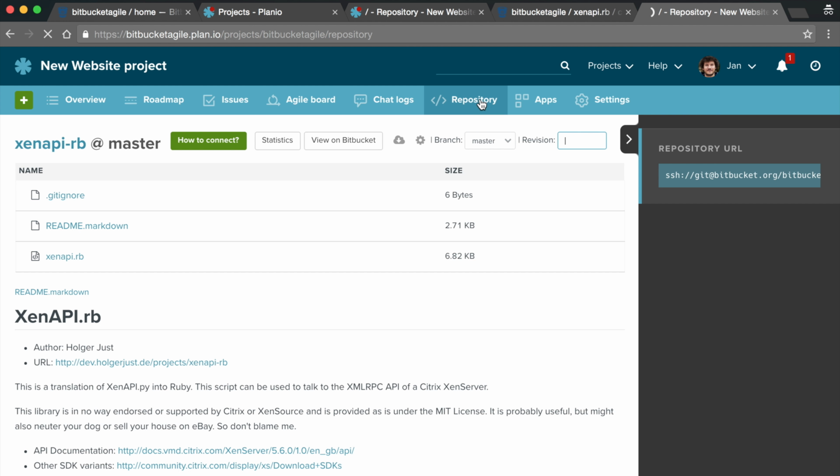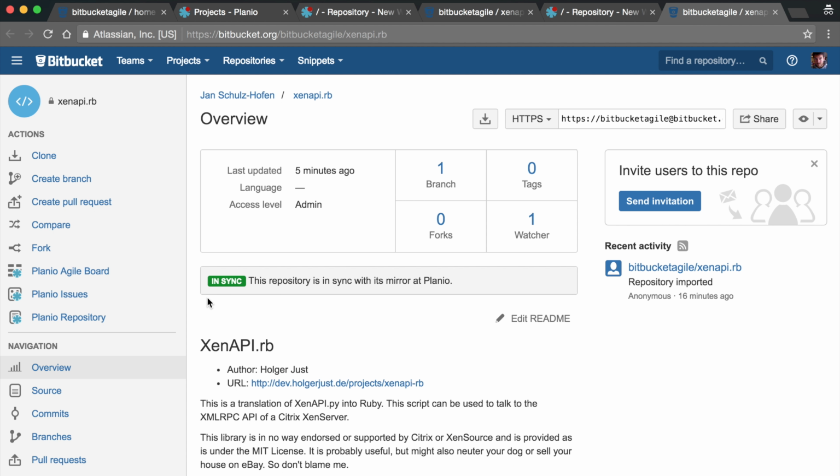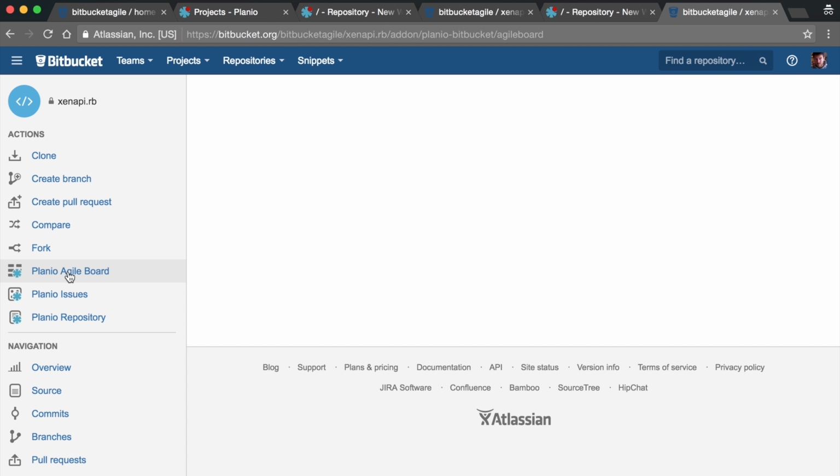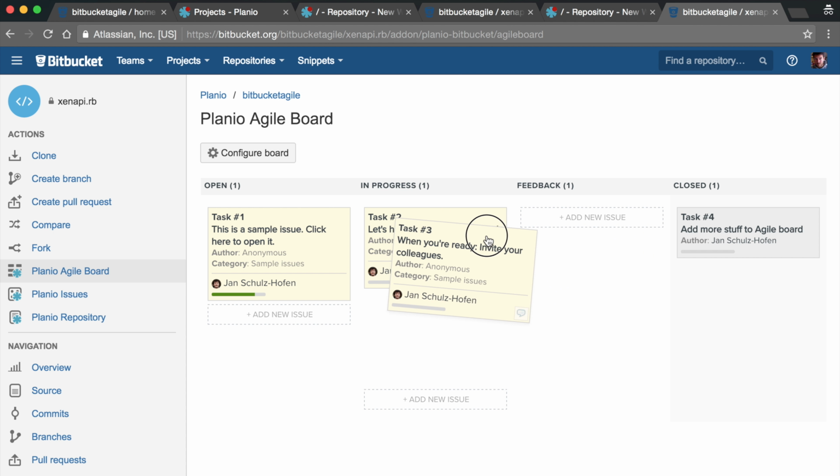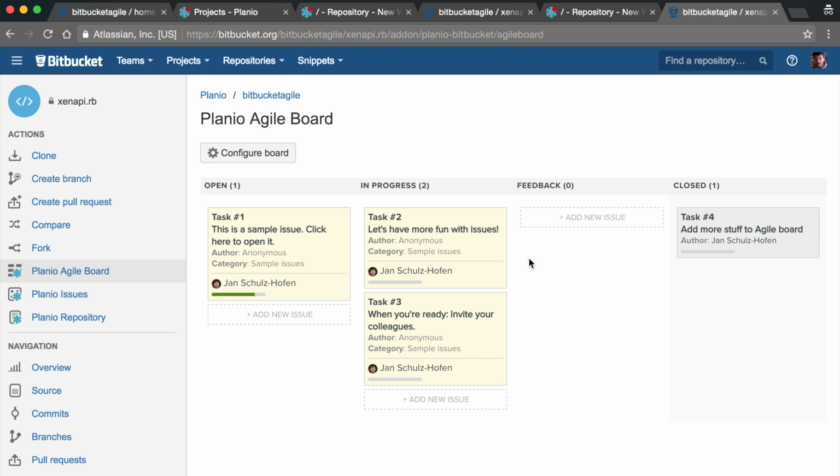Going back to the repository section, I can click on View on Bitbucket to jump directly to the specific repository back in Bitbucket, and I see those new links here. This one links to the repository, to issues, and this one opens the Agile board. The Agile board has been integrated into Bitbucket, so you can do everything that you would normally do in Planyo also directly in Bitbucket. You can drag around the cards, you can add more issues,